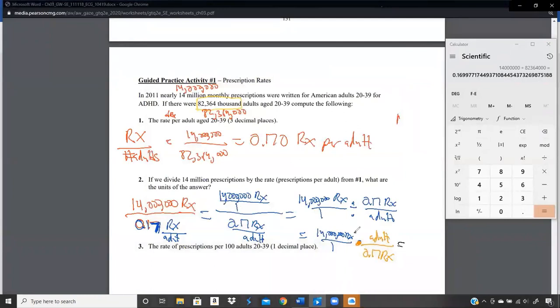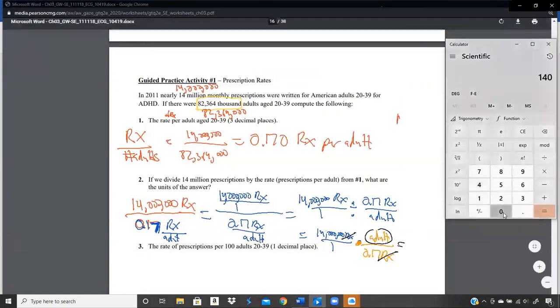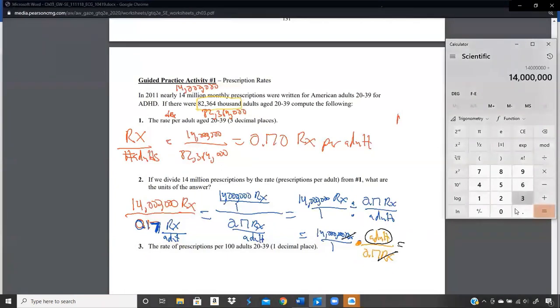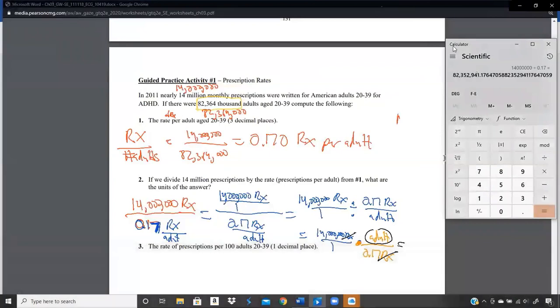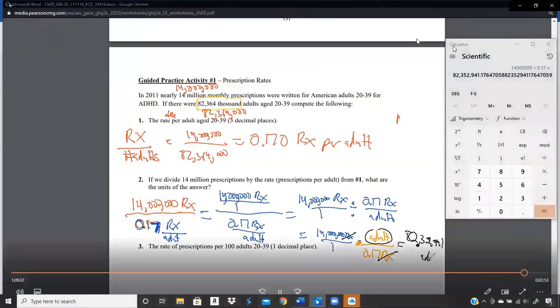So here's what happens. This prescription unit ends up canceling that prescription unit. The only units you're left with are adults. So whatever this number is, this 14 million divided by 0.17, let's go off of annotate. 14 million divided by 0.17. We end up with 82,352,000. Now, because of this 0.17 being rounded, this isn't exactly it, but it is pretty close. It's about 82,352,941 adults,